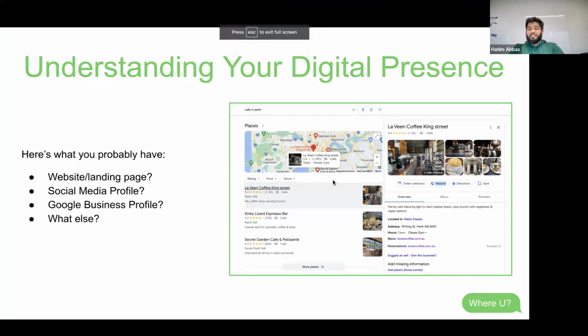So understanding your digital presence. Your digital presence basically means how well you're perceived online. You may be a very popular retail store, but only people who know you know you. Anyone new would not know about you instantaneously unless they actually visit that particular place in person. Imagine looking for a new house in a suburb you're completely unaware of, and you move there. You eventually start living there. Or even better yet, you're vacationing and renting out an Airbnb somewhere else. Just because you're renting out a different Airbnb, you won't know that locality as well. It doesn't necessitate that you're going to know what's available in what store.